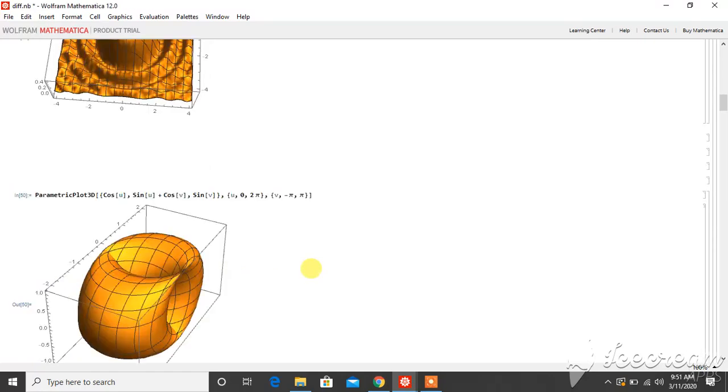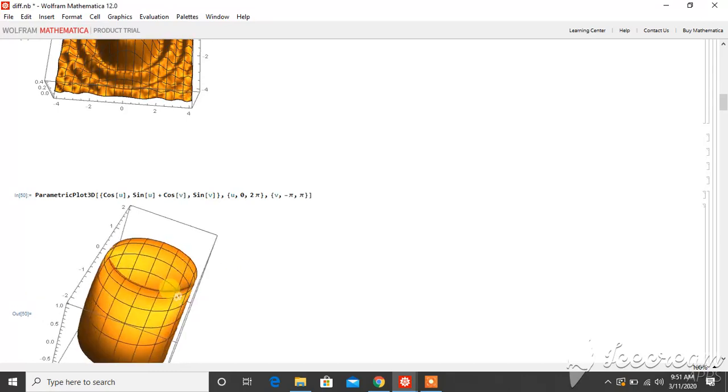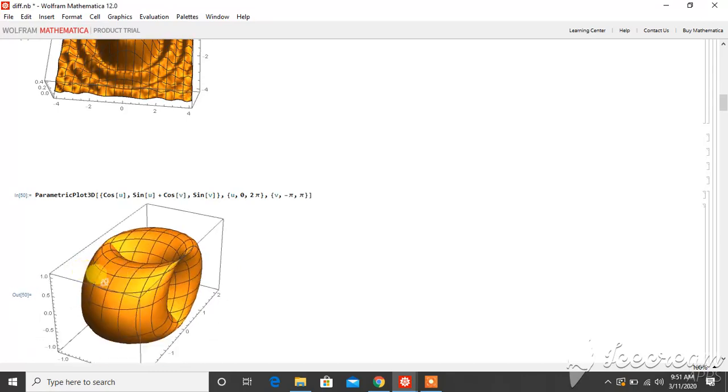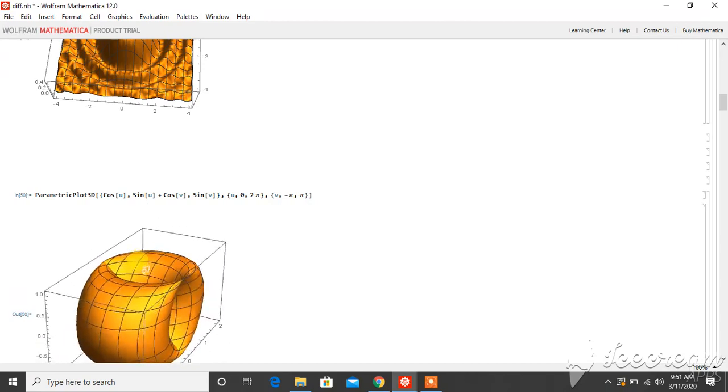The syntax for ParametricPlot3D will be similar. So we will just press shift plus enter, and here is our output, a 3D plot. It can be easily moved, zoomed in and zoomed out.